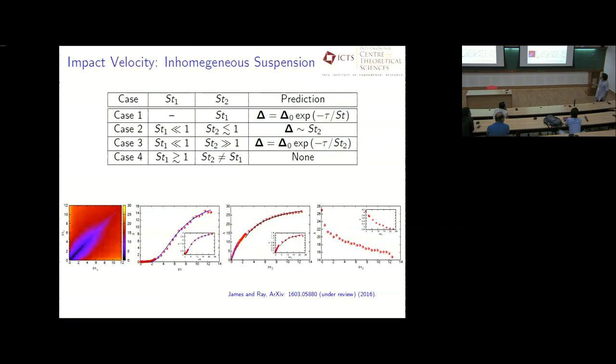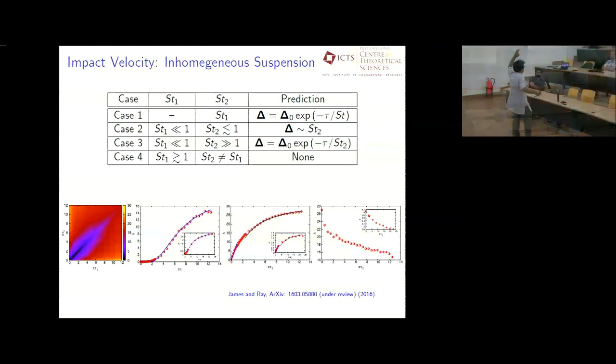So what's the take-home message? The take-home message is the following. Suppose you have a particle of Stokes number 1 of a given radius, in a sea of particles of all sorts of radius. So think about the nuclei which has grown through condensation to about 20 microns. Others have grown in the meantime. So this 20 micron is moving through a sea of particles which have all sorts of radius,